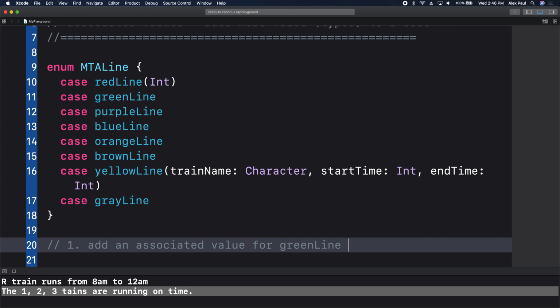We have G, what else do we have on the green line? 4, 5, 6, right, sorry. Just make it int. Forget about the G train right now. Add associated values for green line of type int. And you could use 4, 5, or 6